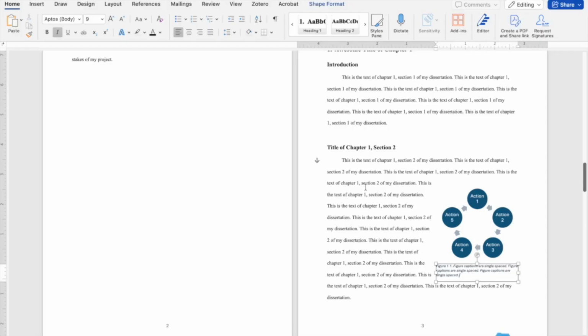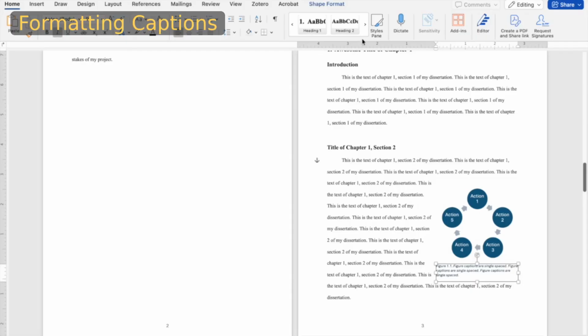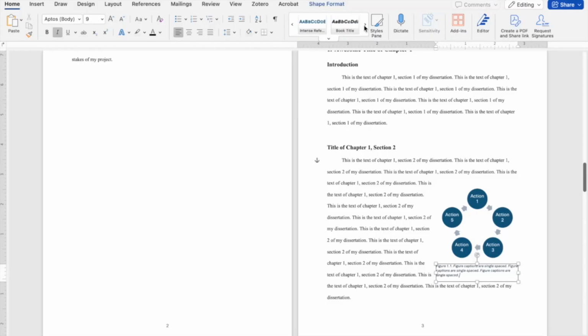Microsoft Word defaults to making figure captions italicized, and you can also see that it uses a different font than the rest of the document. So what we want to do is update the defaults for this in the exact same way we updated the defaults for the section and chapter headings. We can go to the caption format up here at the top, right click, click modify,